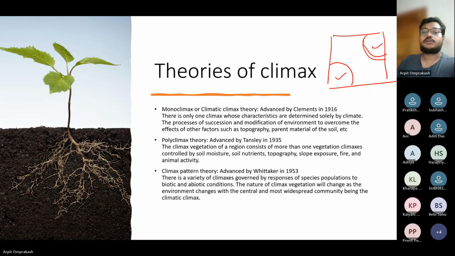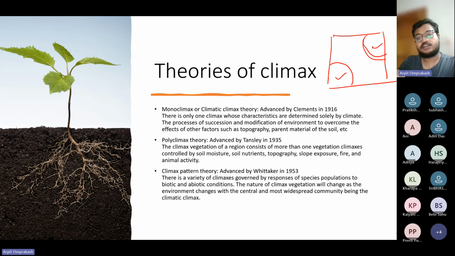Right. Then the final theory that we read about is called the climax pattern theory, which was advanced by Whittaker. So basically, Whittaker says that there is a variety of climaxes governed by responses of species population to biotic and abiotic conditions. The nature of climax vegetation will change as the environment changes, with the central and most widespread community being the climatic climax. So basically, what he means is that